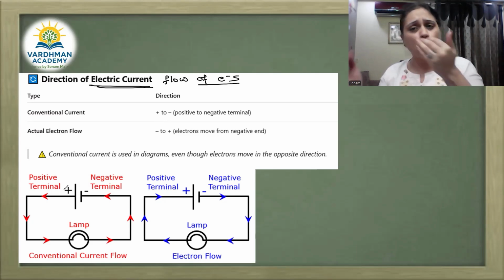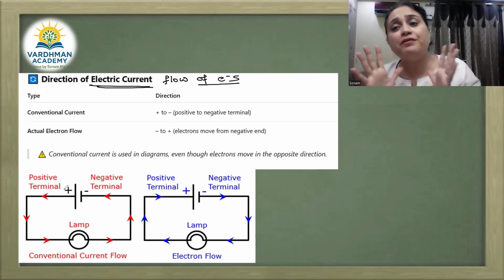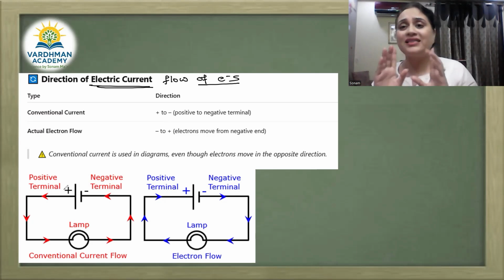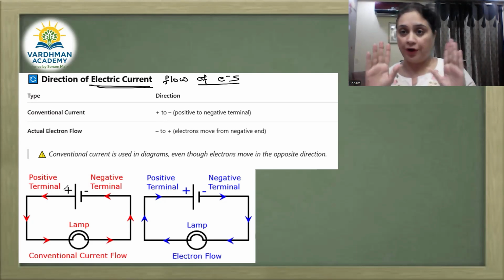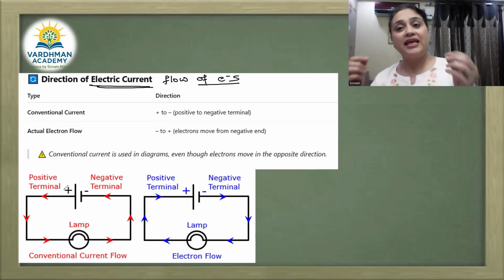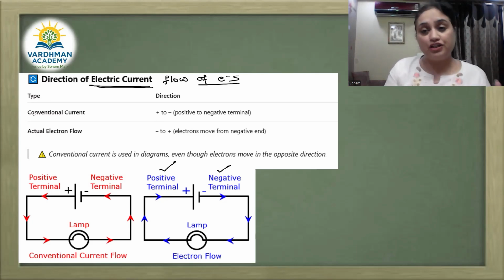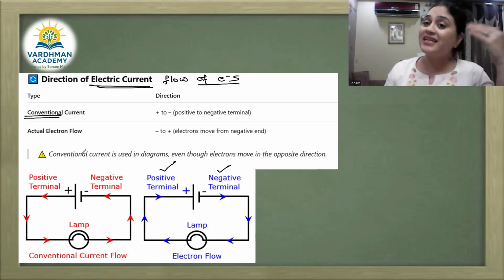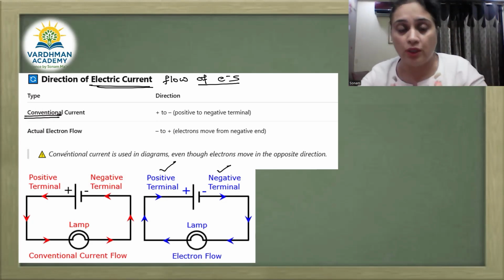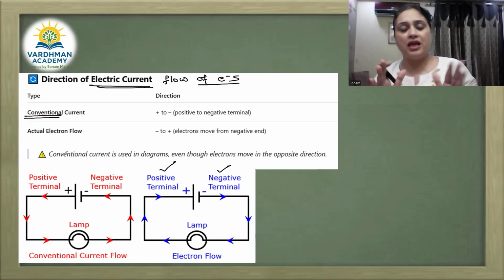अब इसको समझने के लिए हम थोड़ा सा हिस्ट्री में चलते हैं. बेंजामिन फ्रैंकलिन was the first one who had studied electricity in the 1700s. And what did he see? At that time, electrons weren't discovered, right? Electrons discovered नहीं हुए थे. He guessed, it was just his guesswork, that the current flows from the positive terminal to the negative terminal. So that becomes the conventional direction. Conventional का क्या मतलब होता है? Which has been followed since long, even if it is not true, right? So conventional direction true नहीं है.